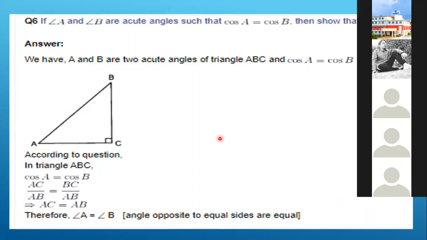That's why I've taken this result. Anyone have doubt? Shall we move to the next one, seventh one? Seventh one is quite interesting. Shall we move, children? Any doubt in this sum?